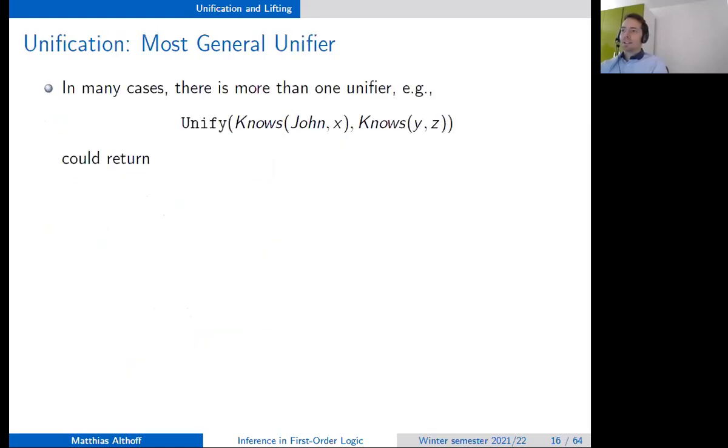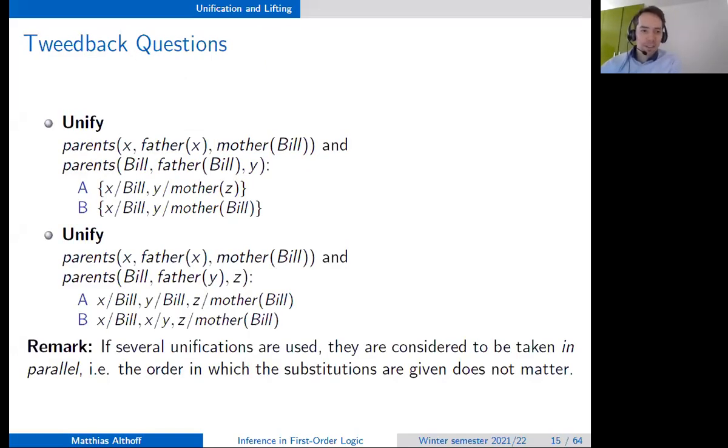Okay, there was just another question. Why does the second example not result in Y father, Y set? Because it is Y Bill. Maybe I can quickly explain the right answer. X is replaced with Bill. So then we have Bill, father of Bill, and we have mother of Bill.